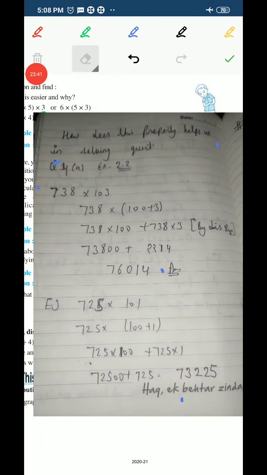So this was the distributive property of multiplication over addition. Now I am going to finish the video here, because I know it's a very new and very difficult topic for you to understand. So I would advise you to concentrate only and only on this property today, and try to get this with the help of examples, more and more examples.